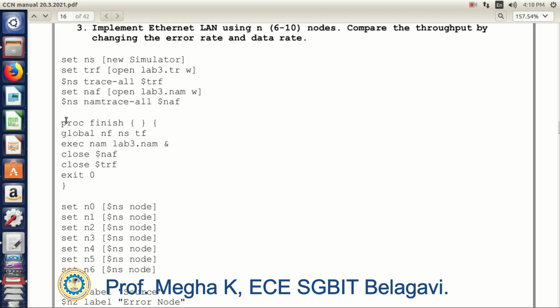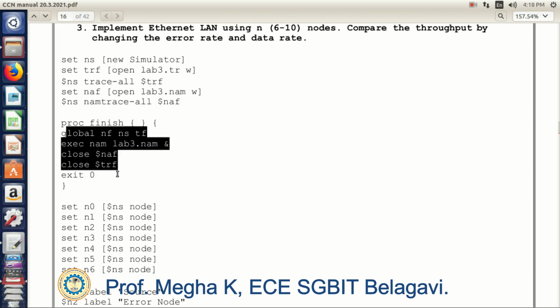And now I will define the procedure. When the end of the program is reached, after defining the links and different types of nodes, different subclasses, the program will come back to procedure finish and then execute all the instructions used in this procedure finish subclass.